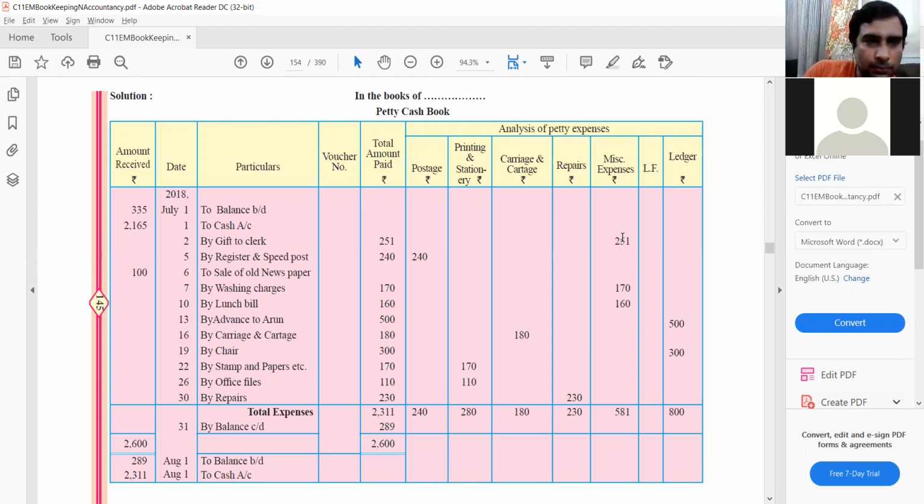Okay. So you see postage, printing and stationery, and they've put two things in ledger. Okay. By chair. Yeah, so these are not expenses. If you buy a chair, that is not exactly an expense. It's a fixed asset that will go in the balance sheet. It will not go in the P&L. So if you're not very sure, make one new column for everything over there, right? But two things which are similar, obviously, like printing and stationery, will get merged in the same column.